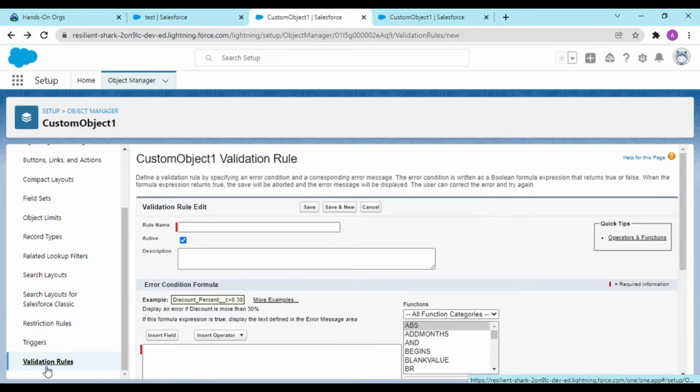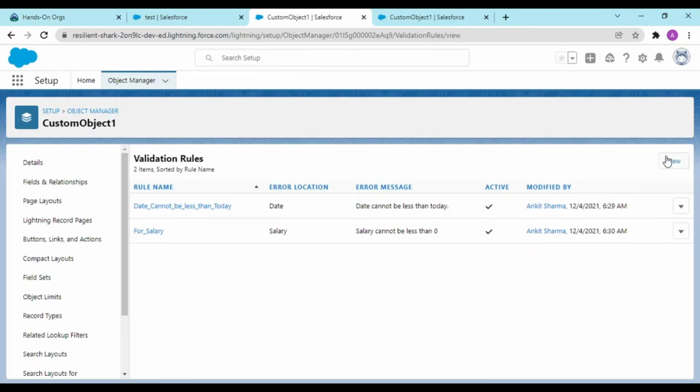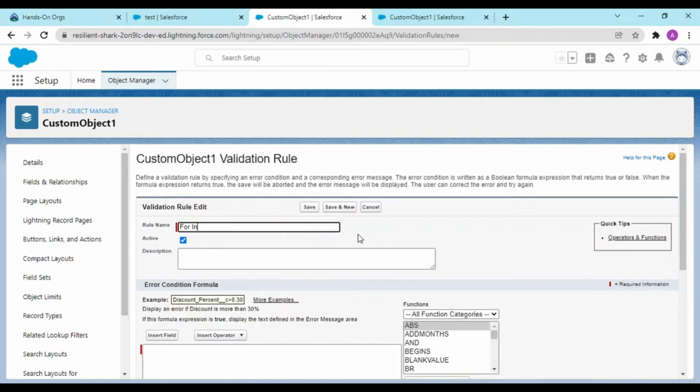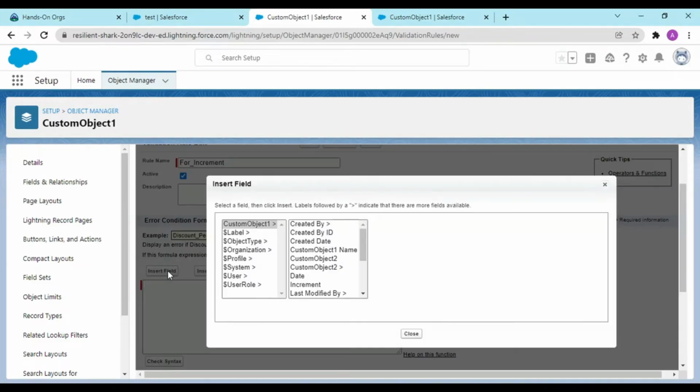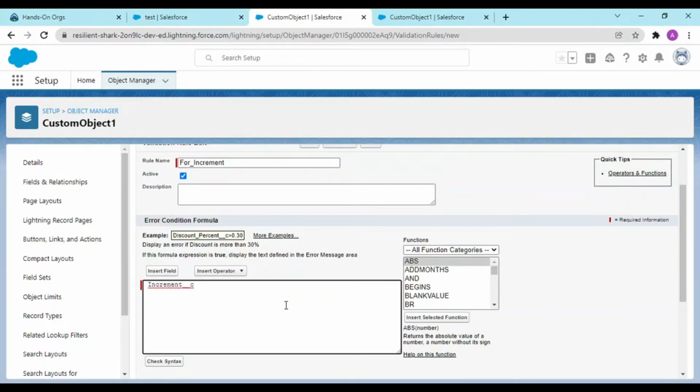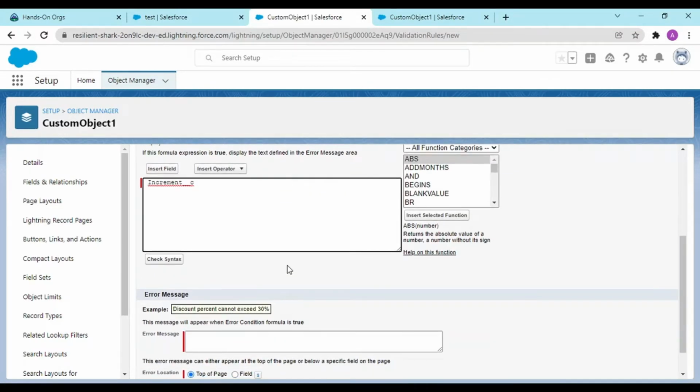In the validation rules, click new. Now for increment, what you want is your field of increment, and you want this field to be between 2 and 10. Okay,